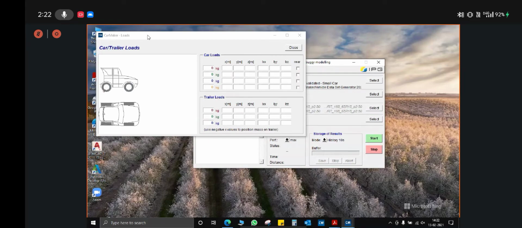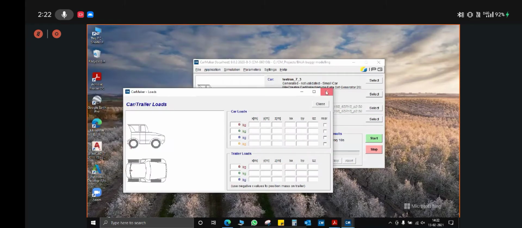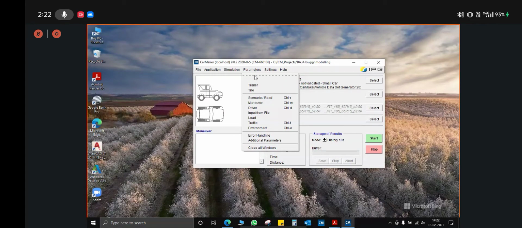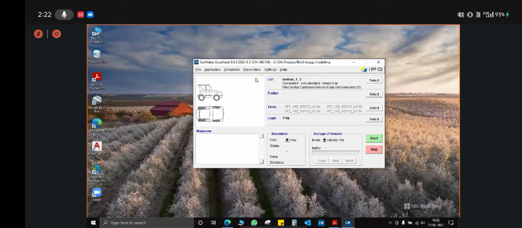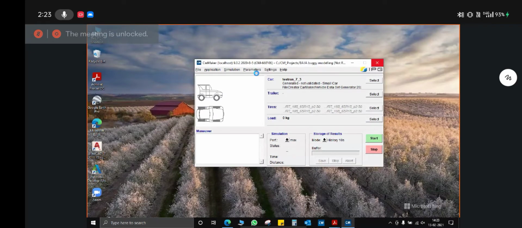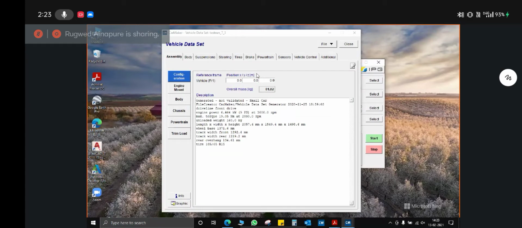Now, I'll be mostly walking you through the vehicle dataset. So, going to parameters, car. Okay.